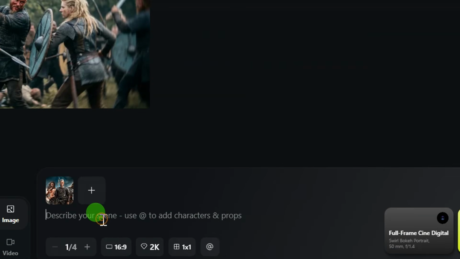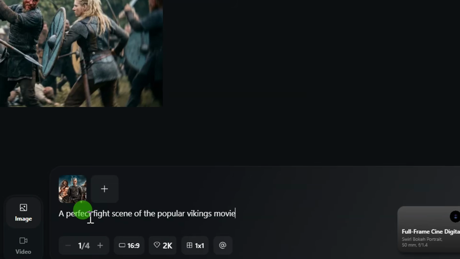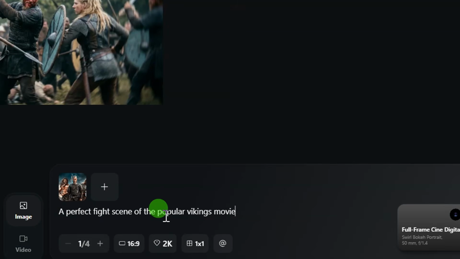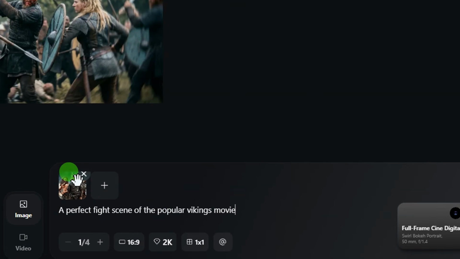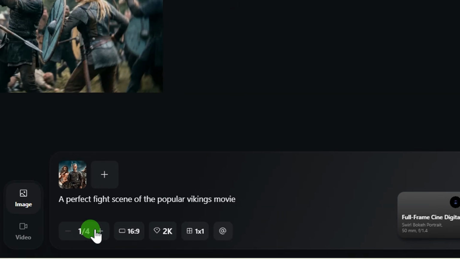You are going to proceed, and from this place, you are going to describe the scene. That is what you want to see. For example, I'm going to enter in this particular description, a perfect fight scene of the popular Vikings movie, because the image is gotten from the Vikings movie. After entering in your description describing the kind of scene you are looking for, you come down here,